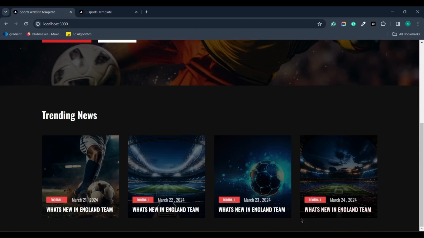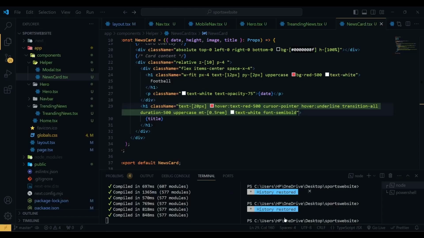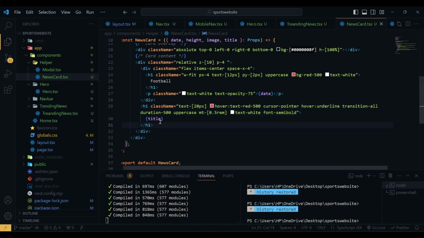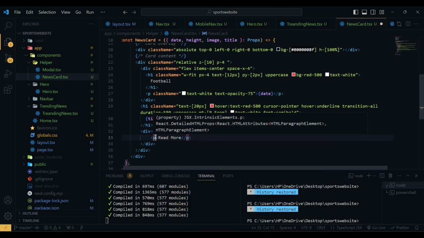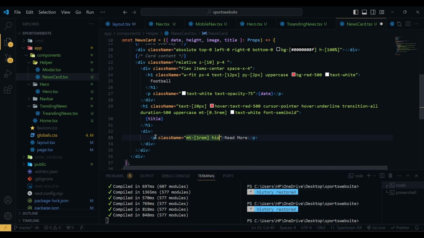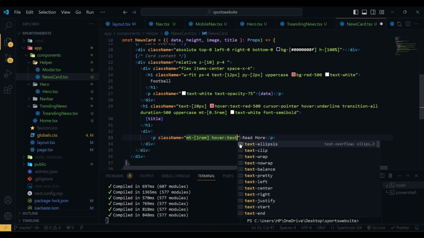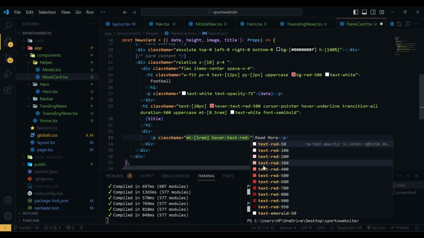Then we have the read more button. So the H1, we have another div, and then we have a p tag with read more. Here we have a class name of padding top, on hover, text-red-500,